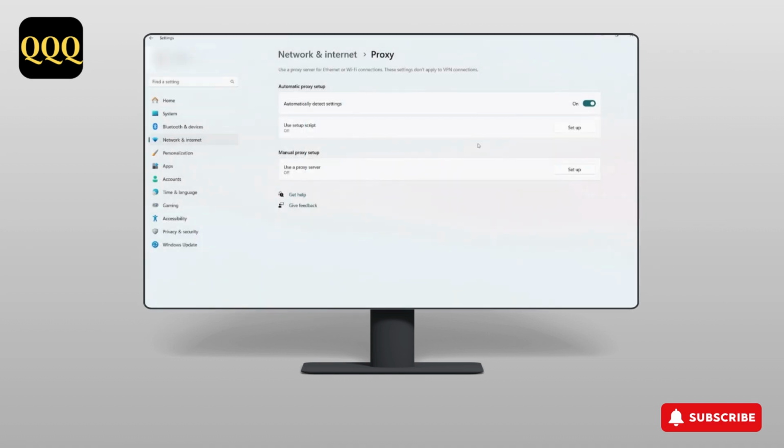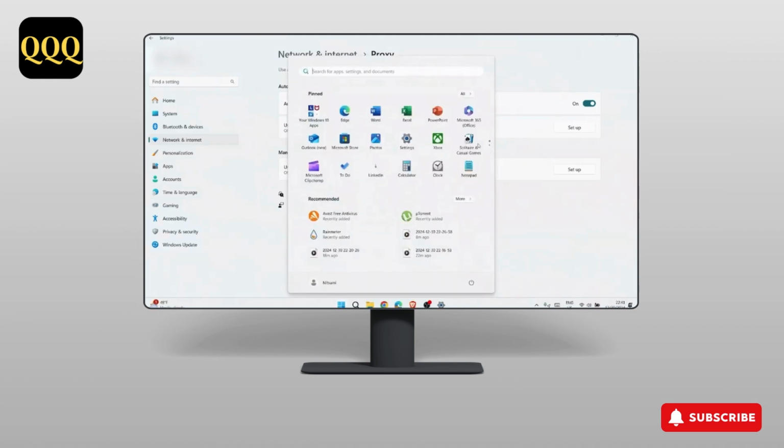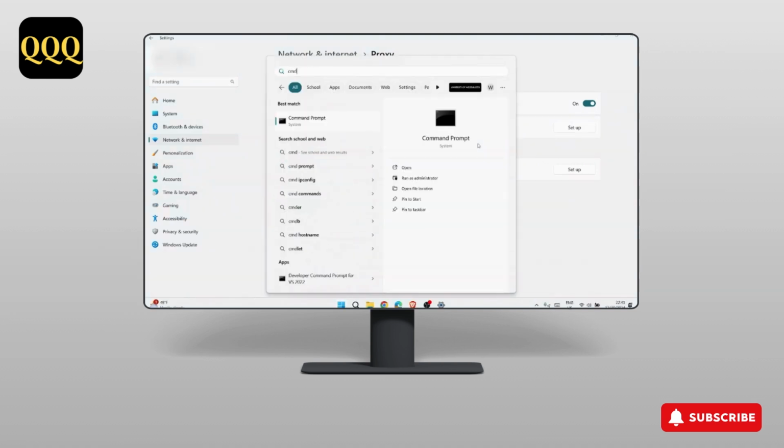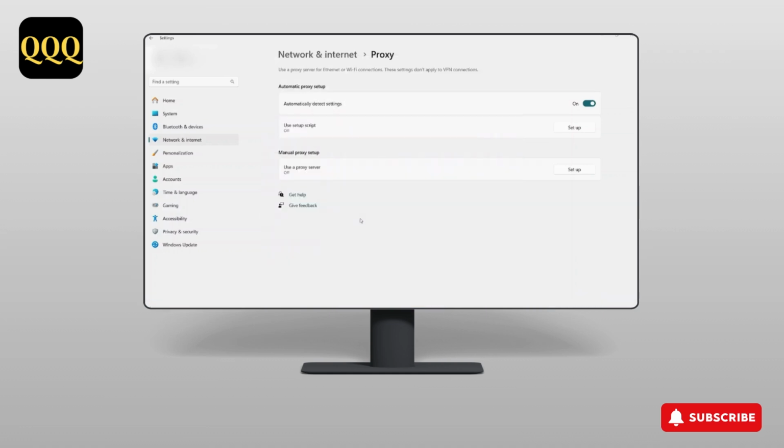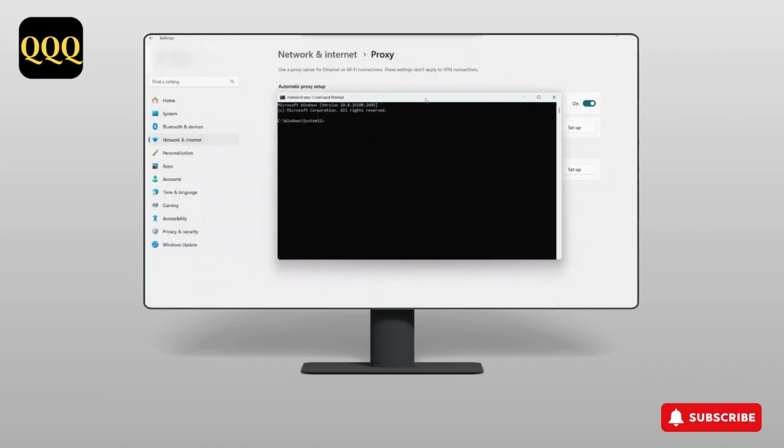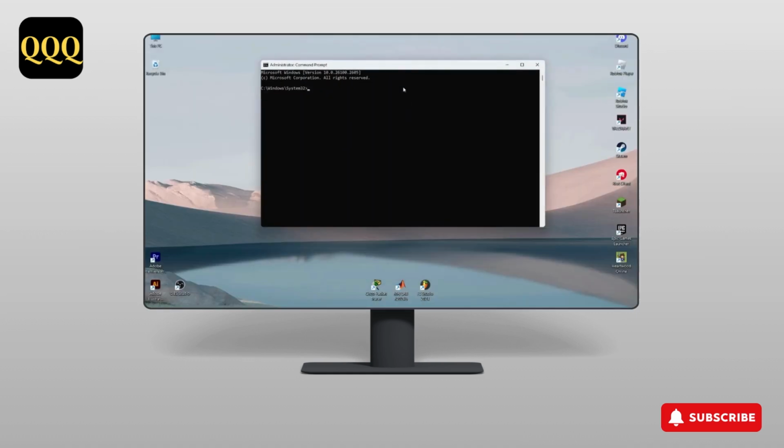So after this, you will need to go to your start and type CMD. You will need to run this as administrator. Click on yes and you will see this in your screen. So type this command in your screen